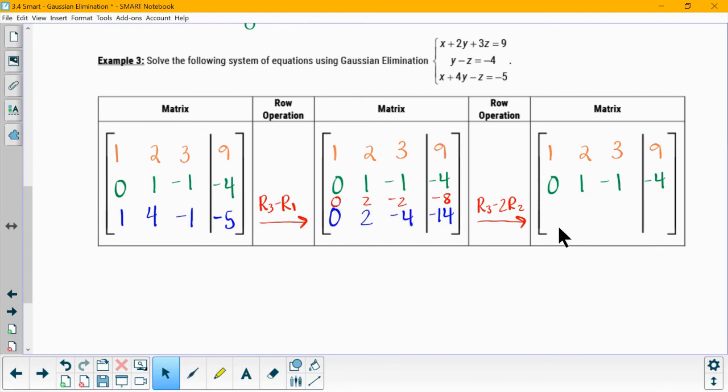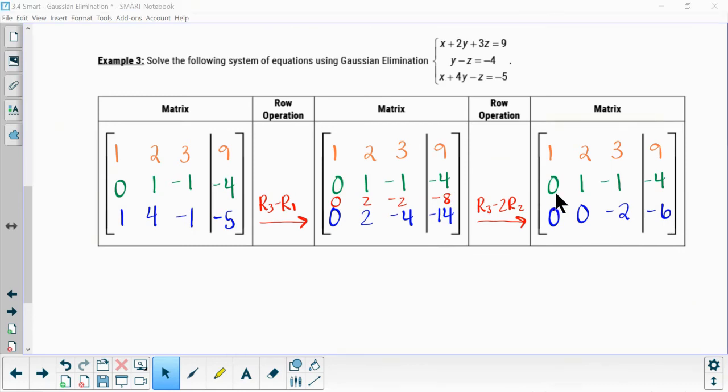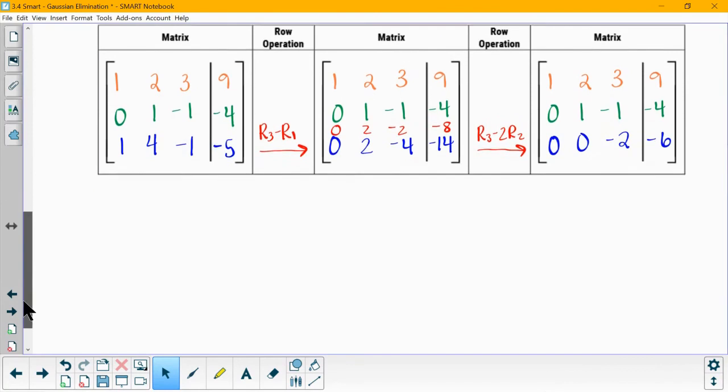0 minus 0 is 0. 2 minus 2 is 0. -4 minus -2 is going to give me -2. And -14 minus -8 is going to give me -6. We've reached our goal of 3 zeros in the bottom left corner, so I'm going to go through these solving